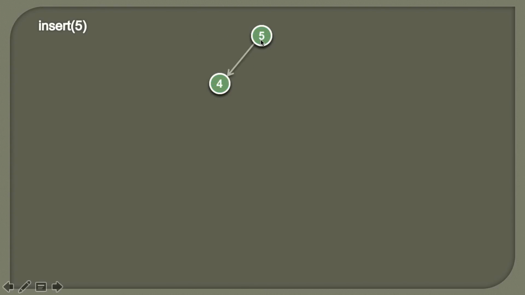Now 5 is at the correct position, and among these two values 5 is the largest value, which is at the root of this binary tree. Moving ahead, let's say we insert 2. So 2 will be inserted to the right of 5 because left is already occupied by 4. Once we insert 2, we compare the value 2 with its parent, and as 5 is greater than 2, it satisfies the heap order property.